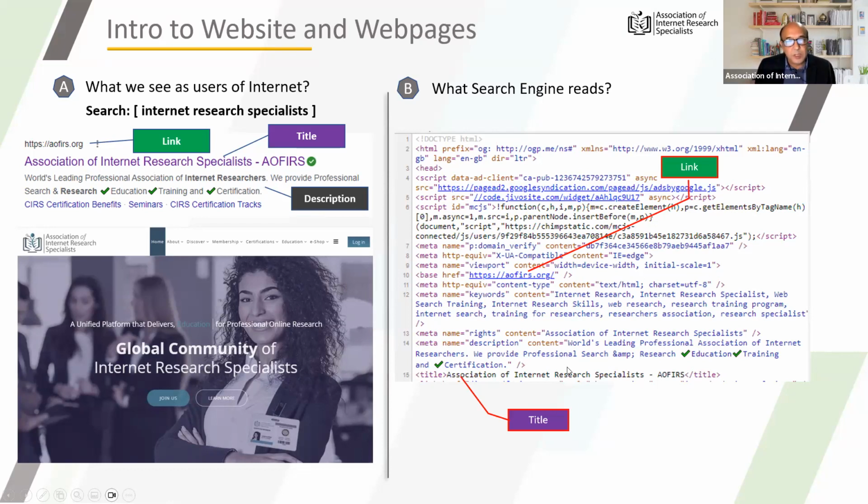Similarly, the description portion is actually in the tag called description. It says meta name description. We call it a description tag. It has in between from where it starts to where it ends, right here with the backslash and the greater than sign. Whatever the textual information is here, because it is given the name description, that's where the description portion is extracted or brought to the snippet portion.